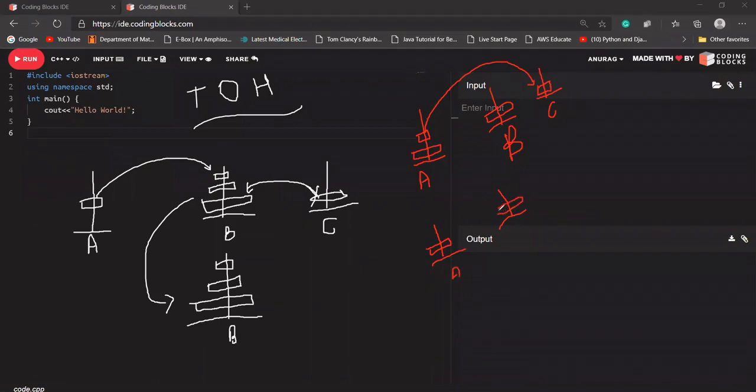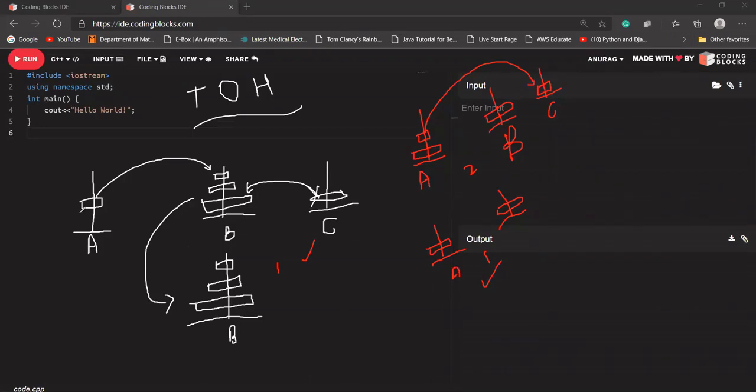Okay, so let's see what the common things are in the case of 3, in the case of 2, in the case of 1. Let's see what is common that we are seeing, then we'll discuss the recursion problem. So what this problem is saying, if we see it in the case of 3, what are the disks that we had in the case of A?